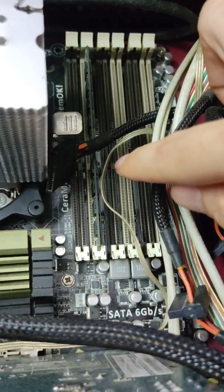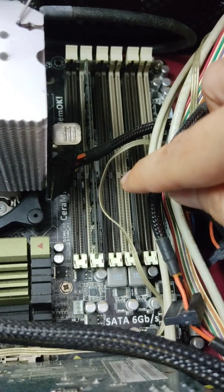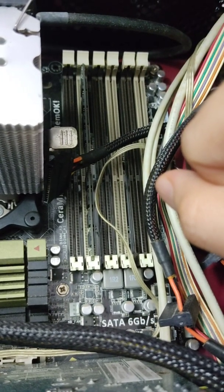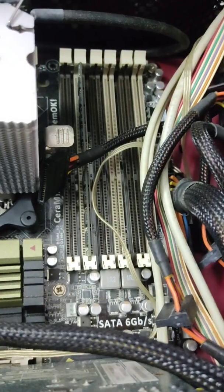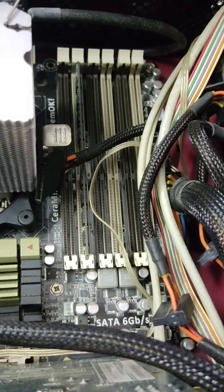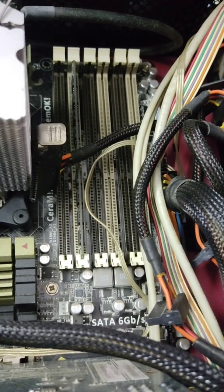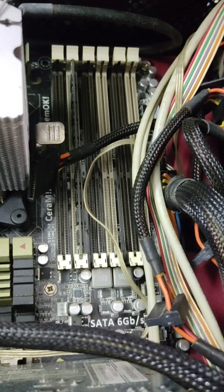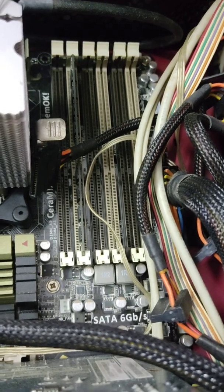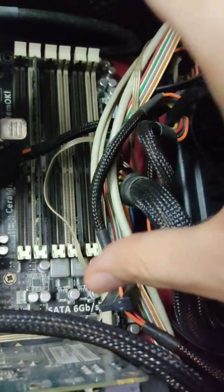So this RAM is important because it determines how the PC can handle multiple tasks at the same time. So even for the new game requirement, they are using a lot more of the RAM. So the higher the RAM, the number of RAM that you have, it would be better for the PC to handle a lot of tasks simultaneously. So this is the RAM portion,